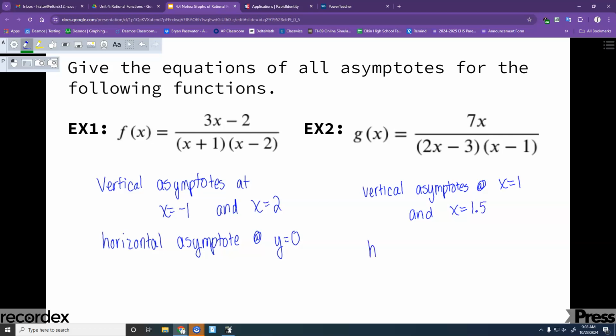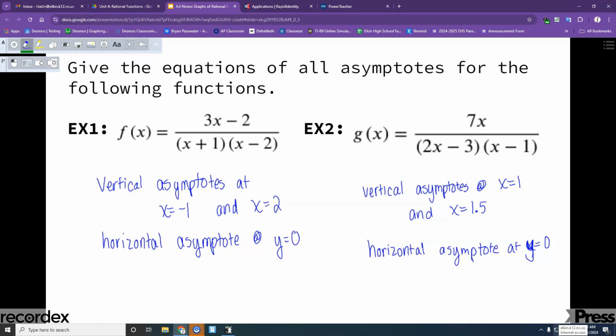And then a horizontal asymptote at y equals 0. Okay? Now, let's talk about how to get 1.5 from the equation instead of the graph, because that one was